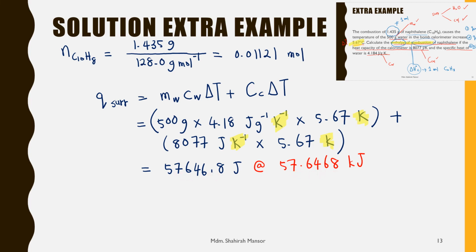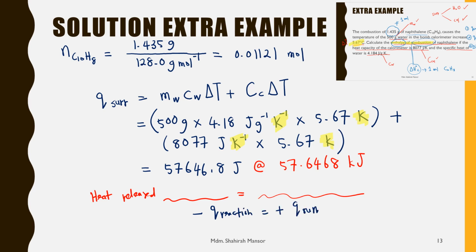Once we have the kilojoule, as usual write our concept statement, that is, heat released from the reaction equals heat absorbed by the surrounding, and by using the equation negative Q reaction equals to plus Q surrounding, from here you will get the answer for our Q reaction, which is negative